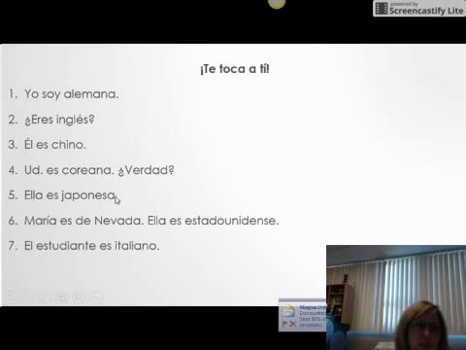She is Japanese. We know that because this says japonesa. Maria es de Nevada. Ella es estadounidense. So Maria is from, the word de, Nevada. She is United Statesian or American. And finally, number 7, el estudiante es italiano. The student is Italian and this student is male. I don't know that from the word estudiante because that could be a female or a male, but I do